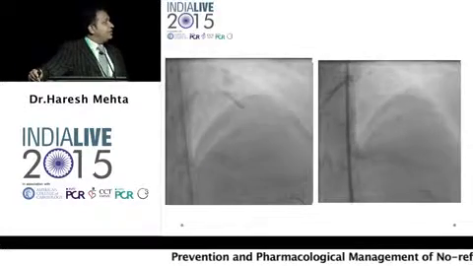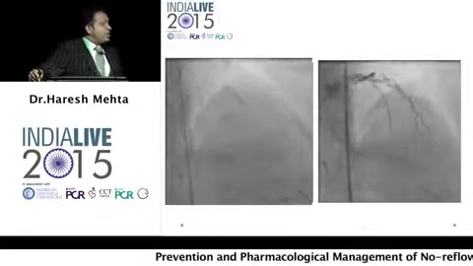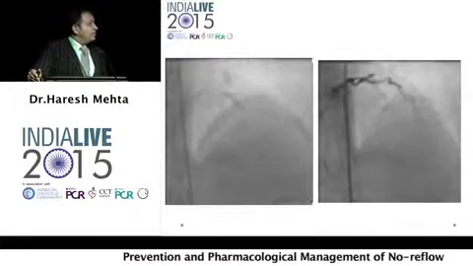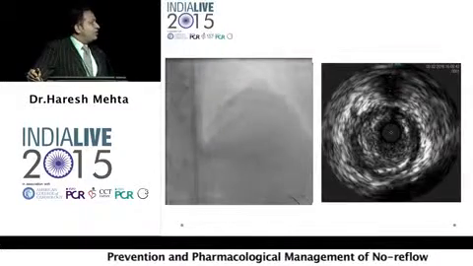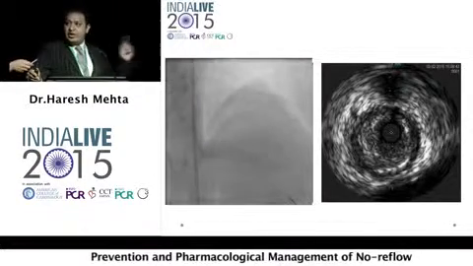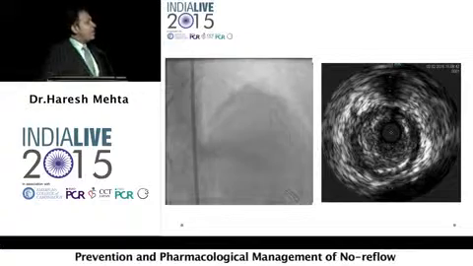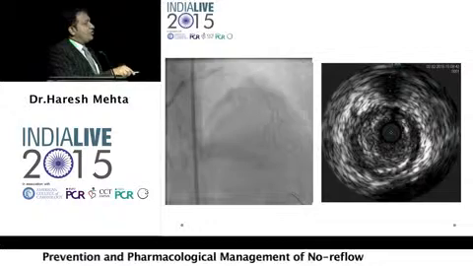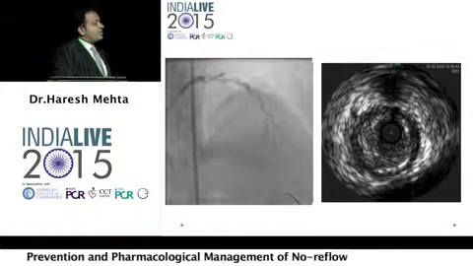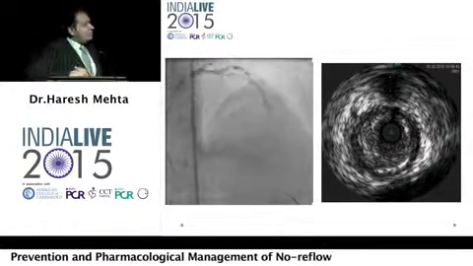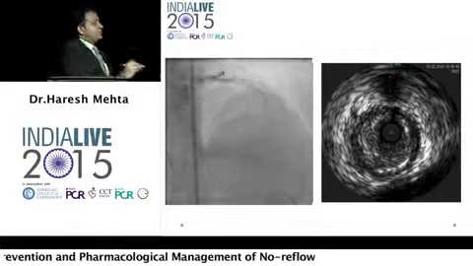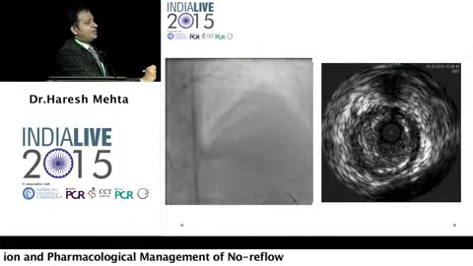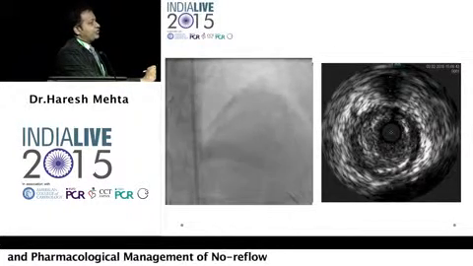There's the pre-dilatation. There is some flow, but still not great. Next, please. Can we run the first the angio and then the IVUS? The first the angio only. So you see almost slow flow, no flow at all. Can you run the IVUS now? So what IVUS tells you is that the distal vessel is normal. There's nothing there. You see that? It's clear, absolutely clear.